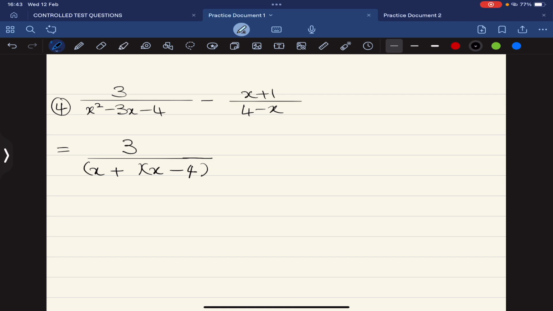The bigger factor will carry the sign of the third term, that's the 4, and of course the other factor was 1. So that will give me 1x and negative 4x, that gives me a middle term of negative 3x. So that's factorized. Minus x plus 1 over 4 minus x. Right, so now we've got our denominators factorized, and we need to now consider a sign